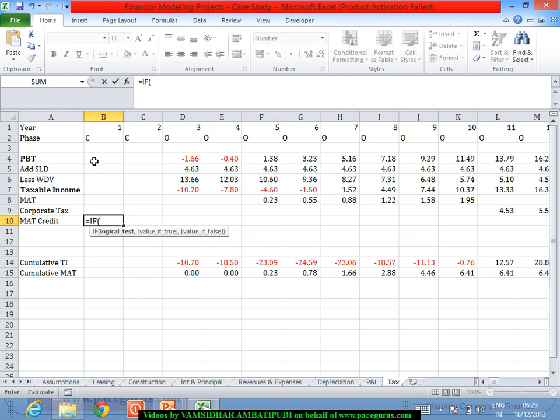So from that standpoint, how do I look at it? If this is the operations period, I would consider the summation of all the MAT that I have paid till date. So that much has to go as a part of the MAT credit. So logically speaking,